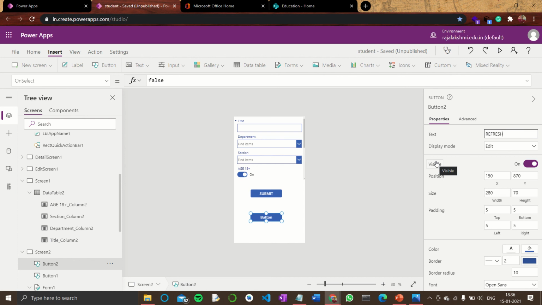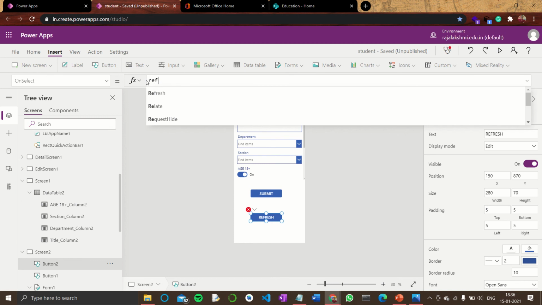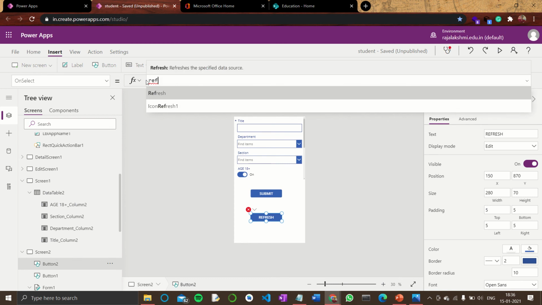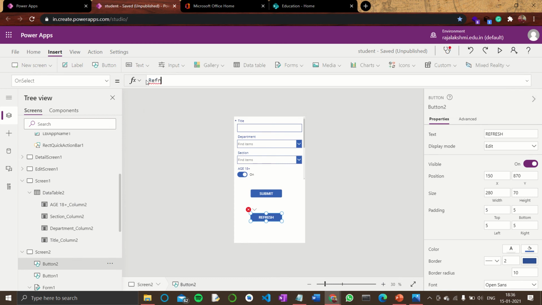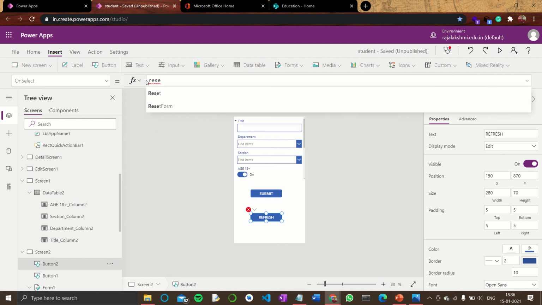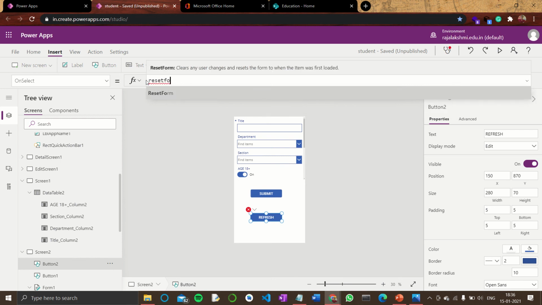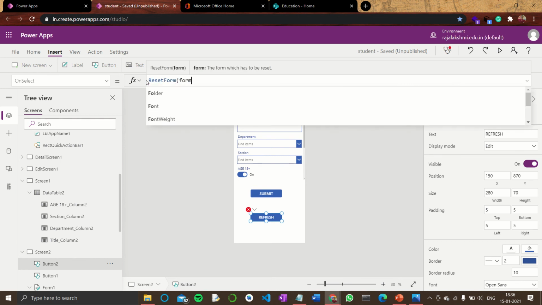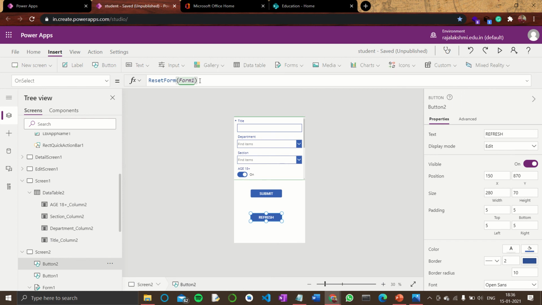And the formula for this button should be Refresh, that is ResetForm(Form1).